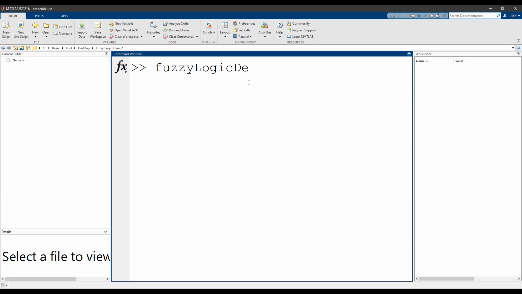fuzzyLogicDesigner. So the F is a small letter, the L is a capital letter, and the D is also a capital letter. And there are no spaces in between. You type them as one word. This is called camel casing, where you have the major words represented with capital letters, but there are no spaces in between. So when you type this in the command window, you press enter and